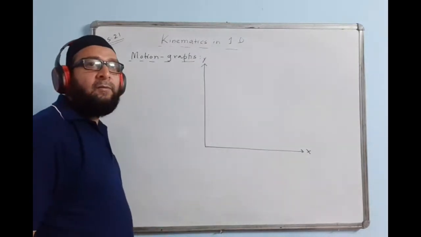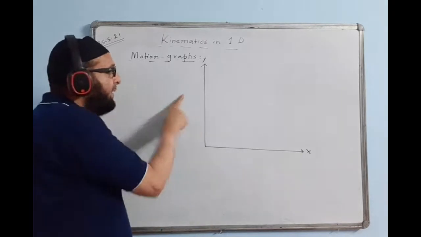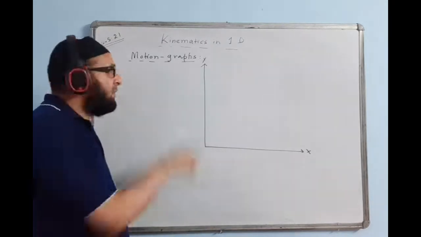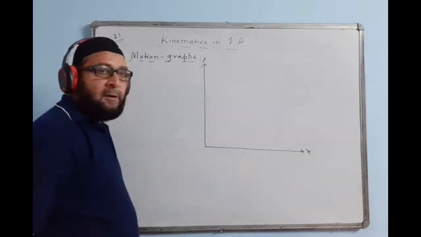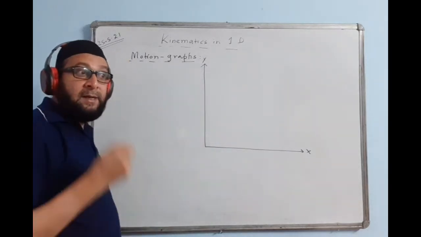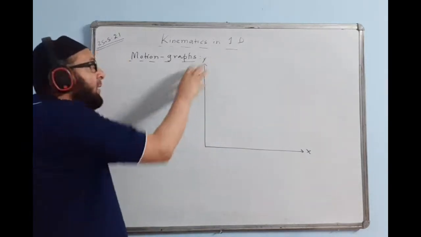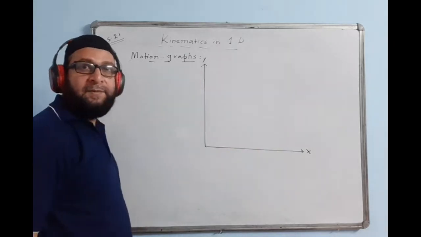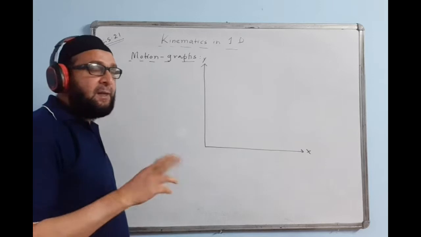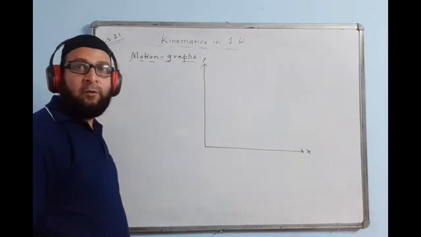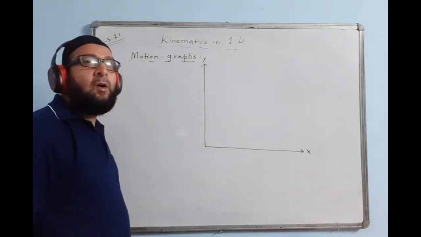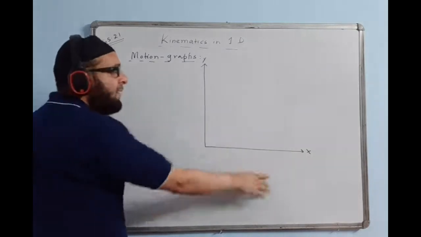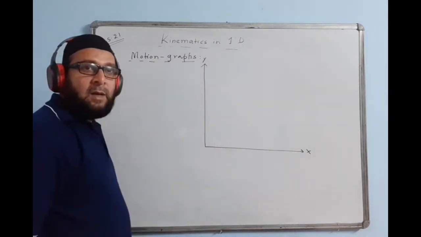I said draw a velocity-time graph. So velocity will be here, time will be here. Draw a mass-acceleration graph. Mass will be here, acceleration will be here. Whichever quantity is mentioned first will come here on the y-axis, and the second quantity will come here, between which you are finding a relationship or doing a pictorial representation. I said draw a V-I graph, voltage-current graph. So V will be here, current will be here. I think you got this point.